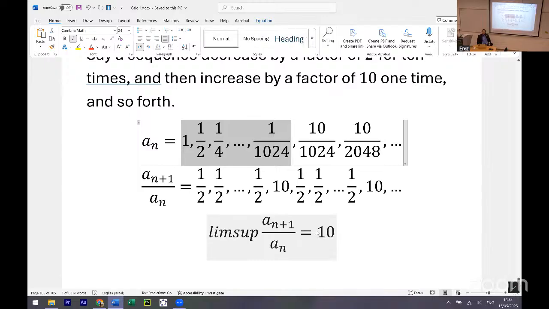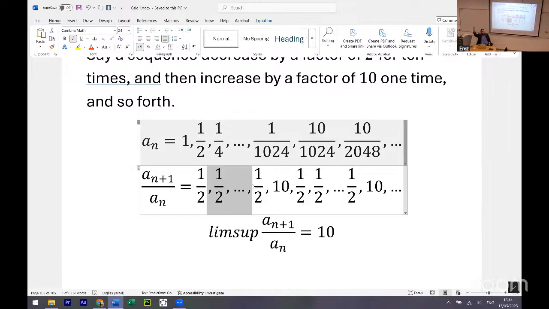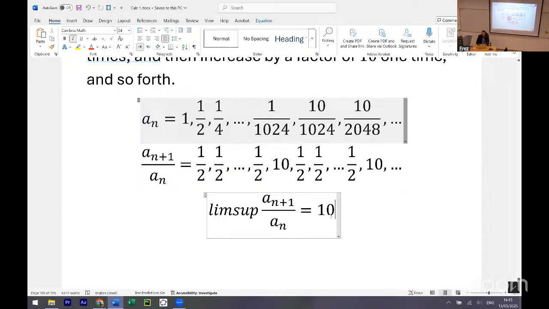What is very important is that the lim sup has nothing to do with it, right? The number 10 here means nothing because it doesn't tell you how many halves you have here. If instead of 10, I kept increasing it, say 10 times, 100 times, 1,000 times, and there would be more decreasing than increasing, then the series will definitely converge because the number will be quite small. I think even with my example it works, but I'm not sure about it. So the number 10